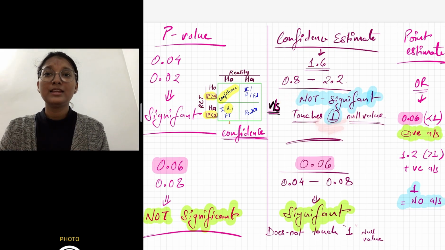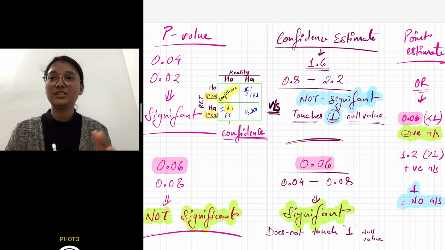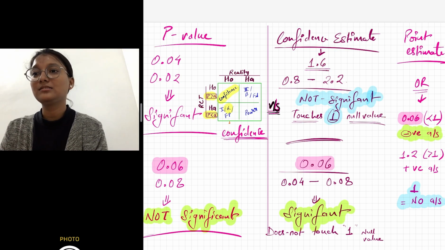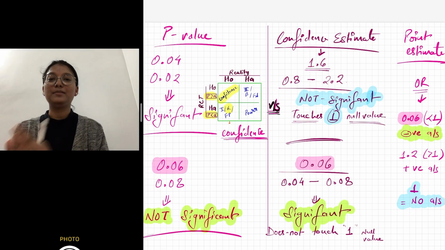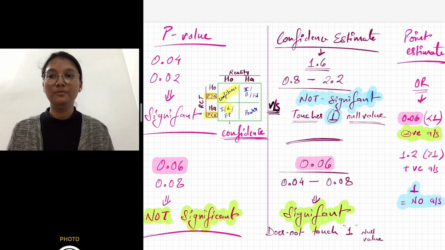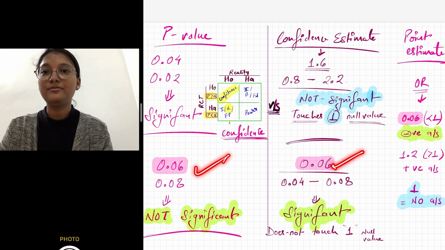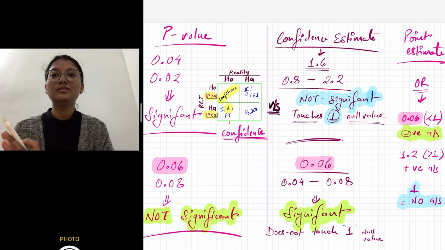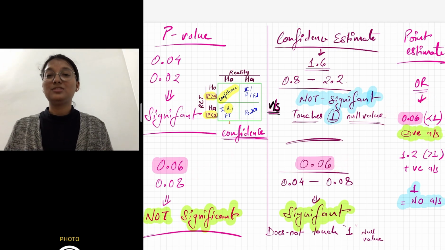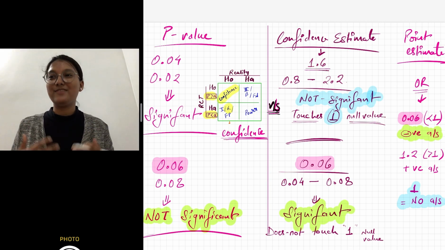So the value of 1 is not significant in odds ratio, whereas the definition of significance is completely different when we talk about the p value. So you have different interpretations of a single value in these three different situations. So these are common confusions which you have to be very clear about.